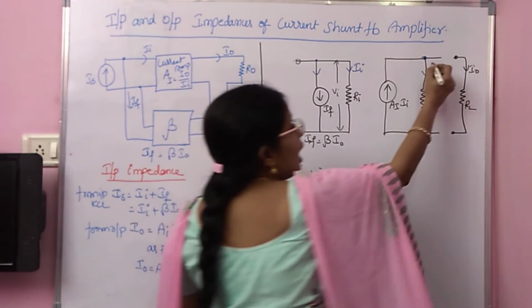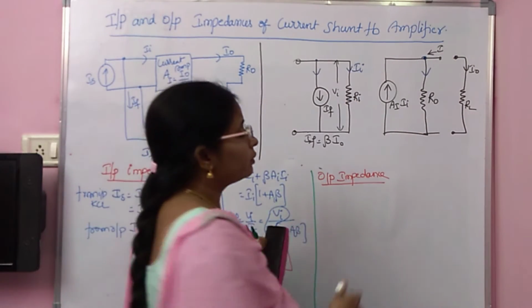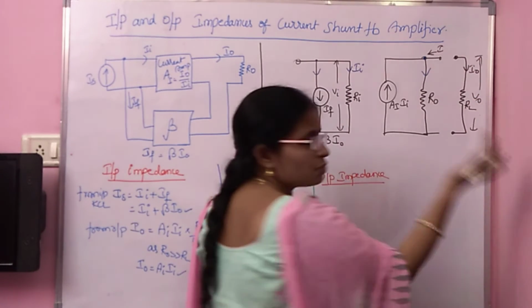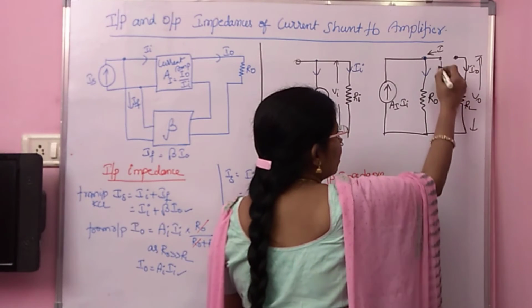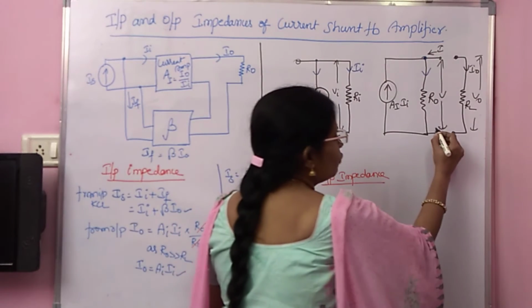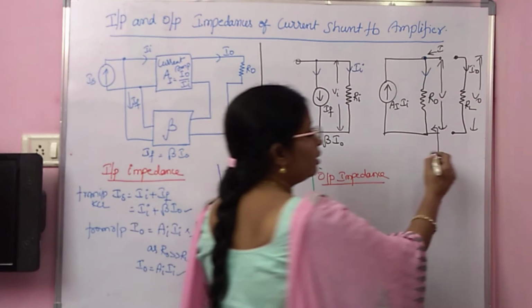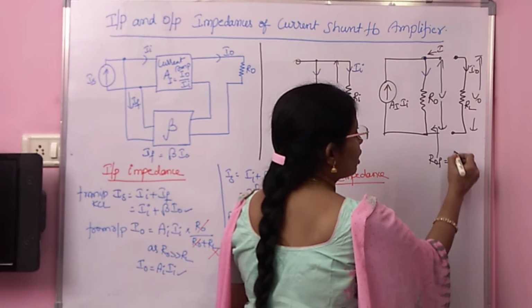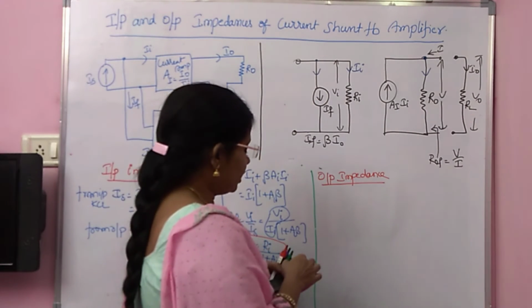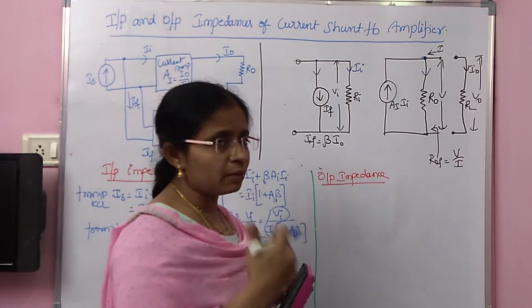Then I'll call this current as I, which is opposite to I naught. And we know the voltage across RL is V naught, but as we disconnect it, we name it with the voltage V. V and V naught are same. Then if you observe at that point, you are going to get R naught F, where R naught F is your V by I. While finding the output impedance, you must start from output side.